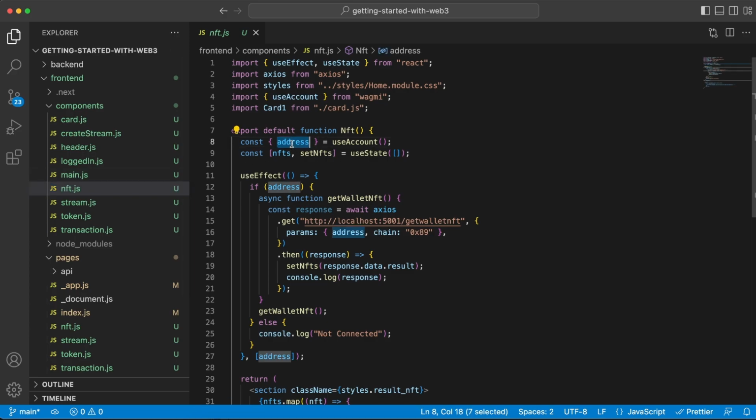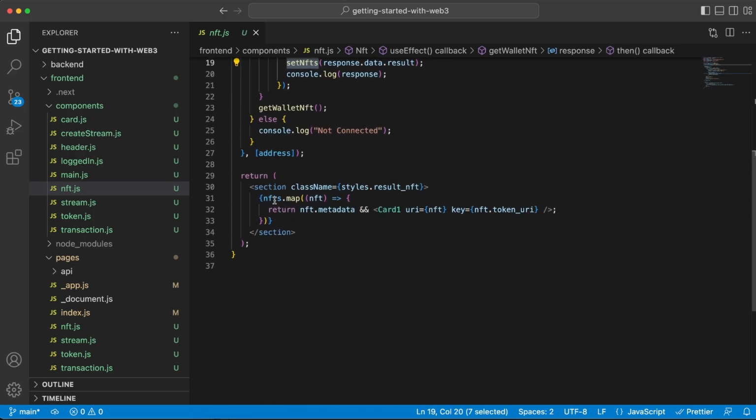Obviously, we need to get the address once again. And if we have an address, we're doing another request to our server to the /getWalletNFT. We pass along the address and another chain ID. This time it's Polygon. And once we get the response back, again, we update the state variable. But down here where we render everything, when we map through this state variable, we render this Card1 component, which